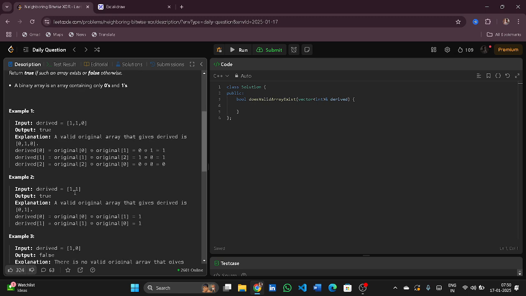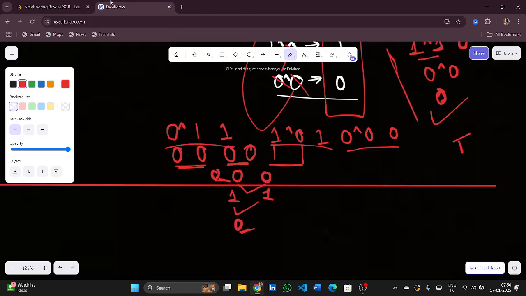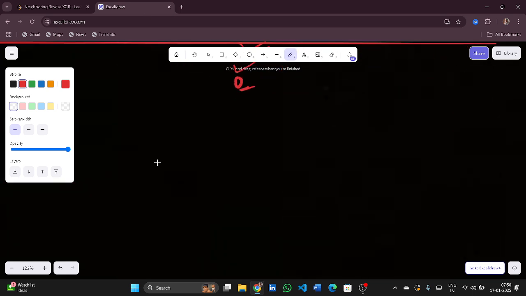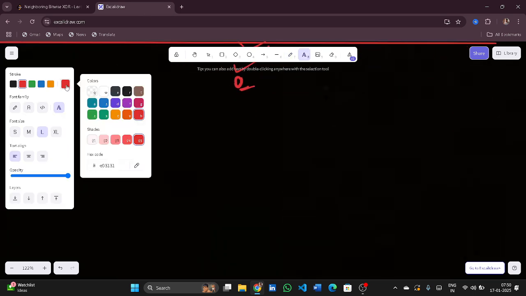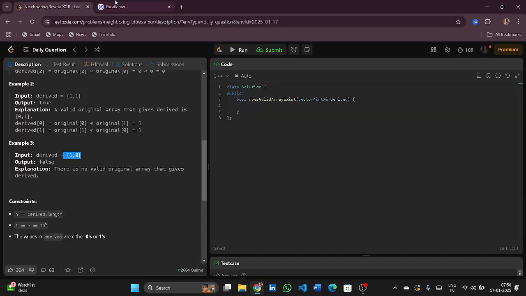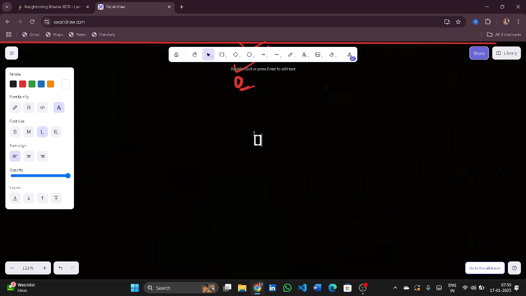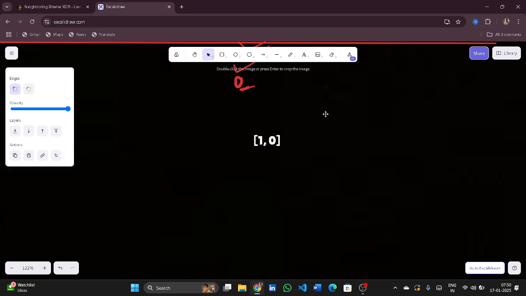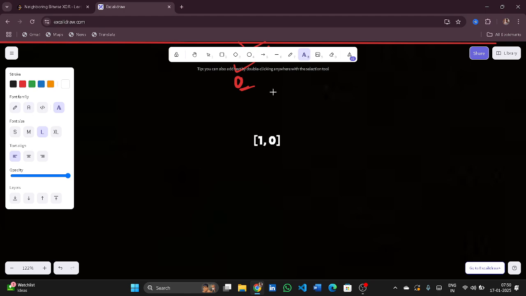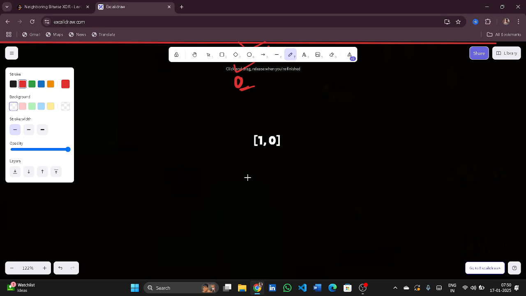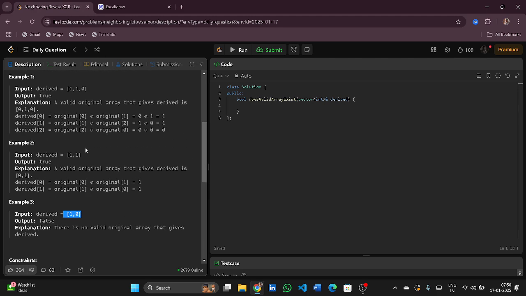Let us take another example here. Here we have 1 and 0. You have 1 and 0, right? Now let me take the XOR of these things. The first thing, 1 XOR 0, will give me 1. So that's why I cannot construct an original array from which I can get this derived,